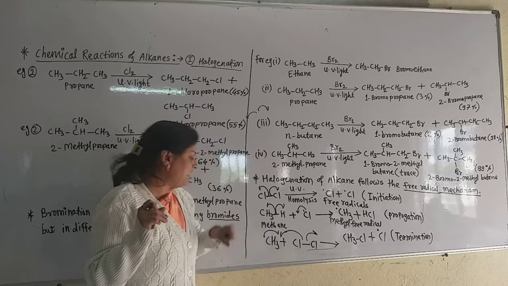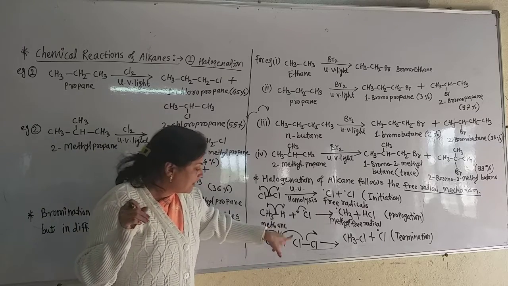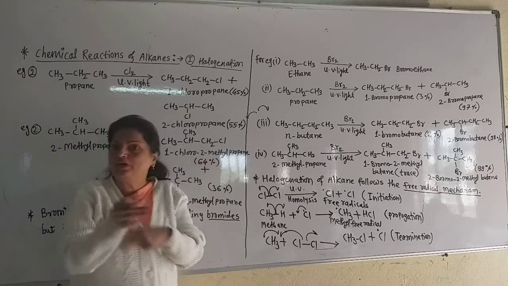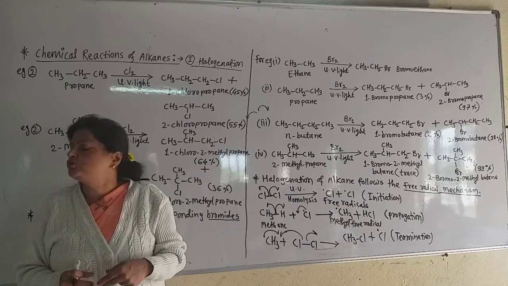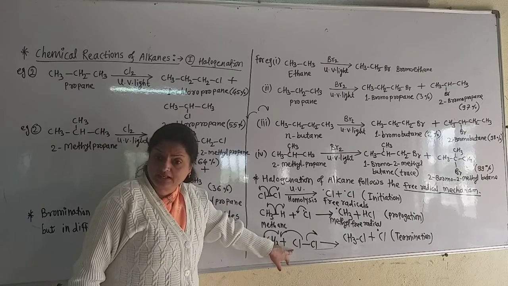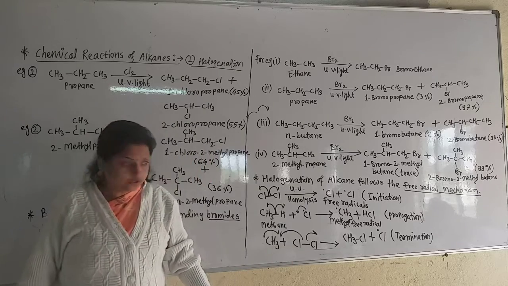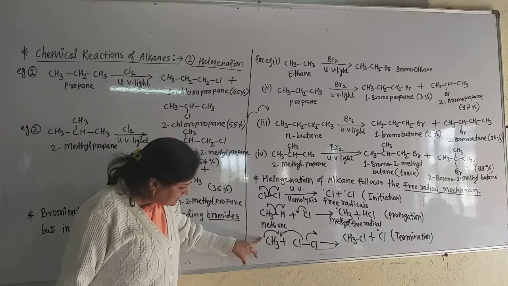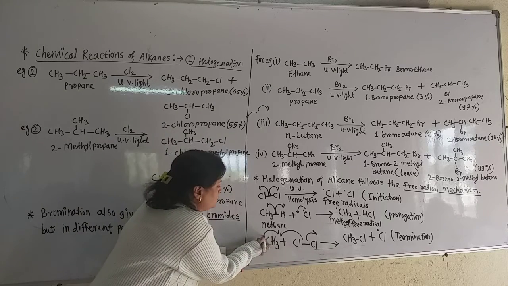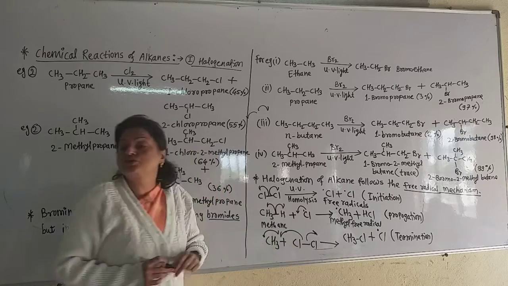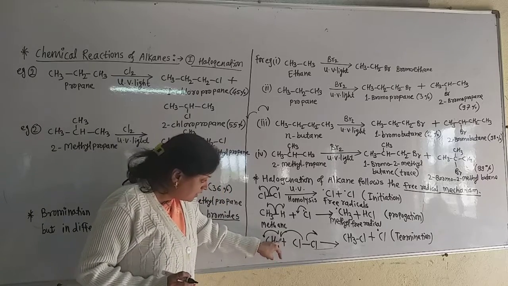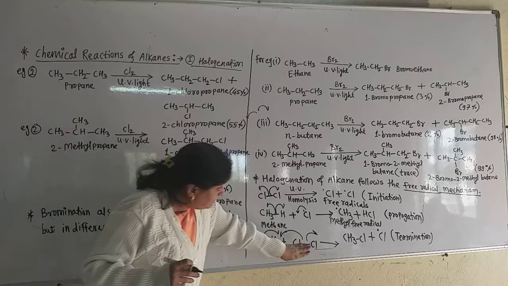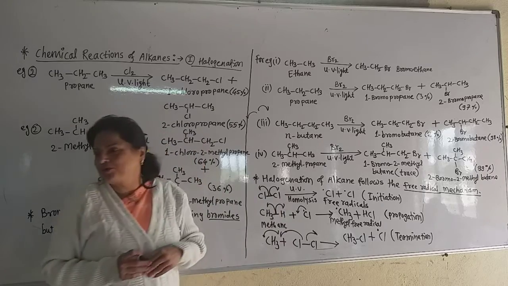So here again this methyl free radical reacts with the chlorine free radical. From this, another chlorine atom is there again. So many chlorine molecules are there. This second chlorine molecule also undergoes the free radical mechanism, or homolytic fission, and the electron of the methyl and one electron of this chlorine free radical form the bond again, and another chlorine free radical is formed there. That may be used in the second step or the first step again.